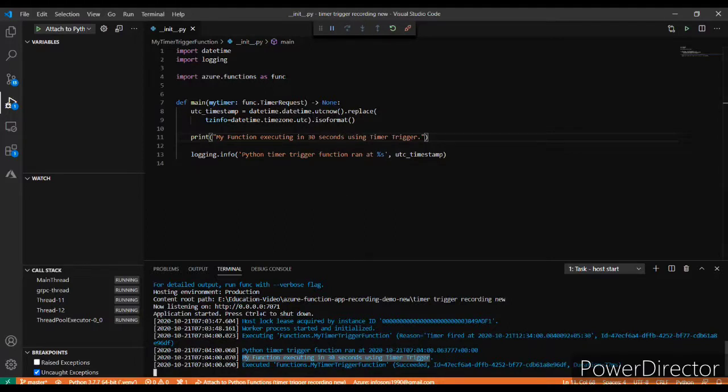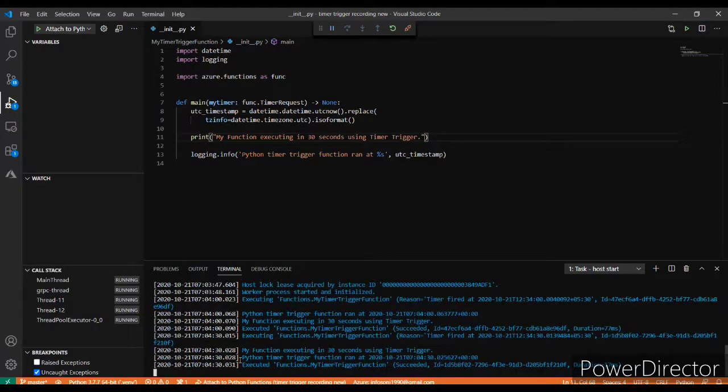After 30 seconds it will execute again. Yeah, so second time also it is printing my statement. This is the statement.